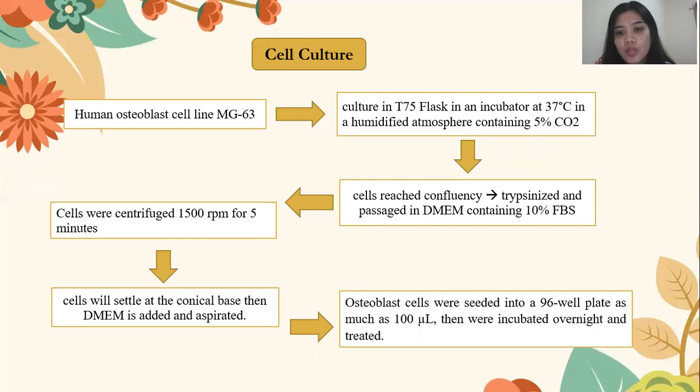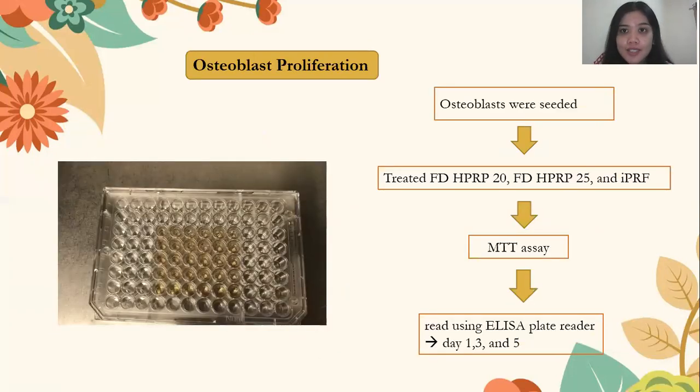So osteoblast cells were seeded into a 96 well plate, 100 microliters, then incubated overnight and treated. This is the osteoblast proliferation assay. Osteoblasts were seeded in a 96 well plate with a density of 2,500 cells per well. Then treated with FDHPRP20, FDHPRP25, and IPRF. Then MTT assay was given, and cells were incubated overnight, and then read using an ELISA plate reader on days